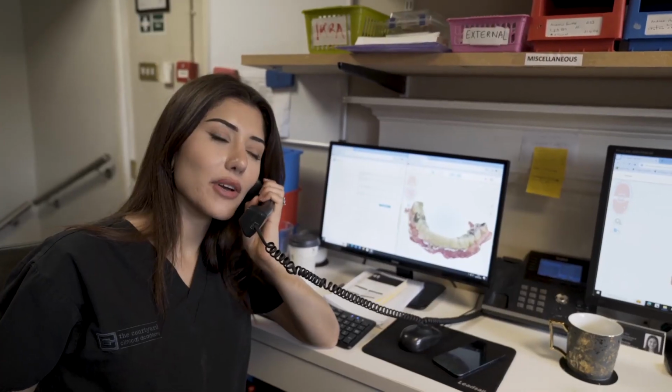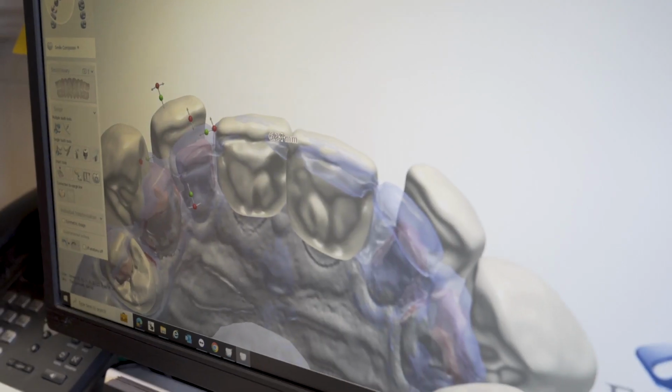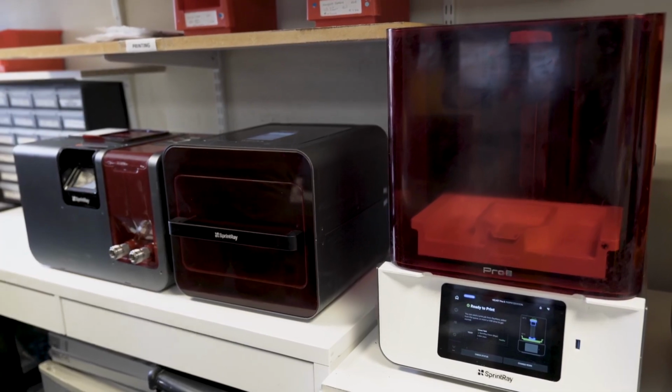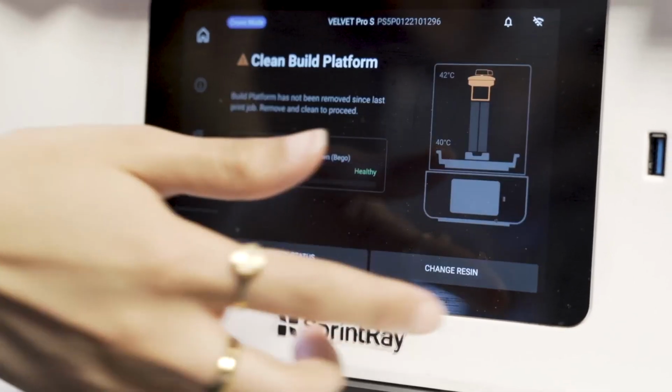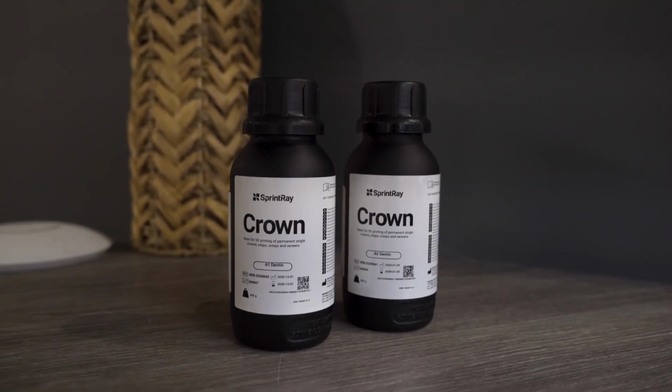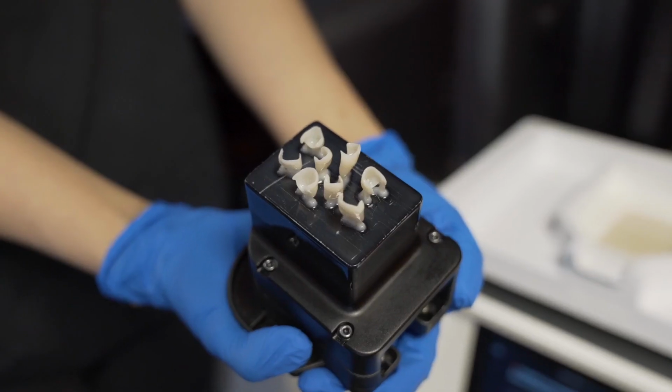Hi, my name's Aisha. I work with Marcus White at Velvet Digital Labs, and my role is mainly the quality control for design and also managing print. So when we get our STL files for your restorations, first step is make sure that your printer is ready and set up for what you are printing. So whether it's full arch bridges or small crowns and veneers, make sure that you've got the correct resin shade inside. Place your resin into the printer in the correct tank, let the print start, finish,